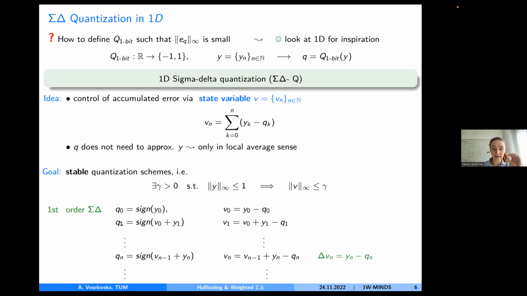Then in the second step, you take the true sample of the function, and then you add the error that you've made before. And then you take the sign of it. Again, you keep track of the accumulated error. So you say the next element of my state variable is the sum of two errors that I made in